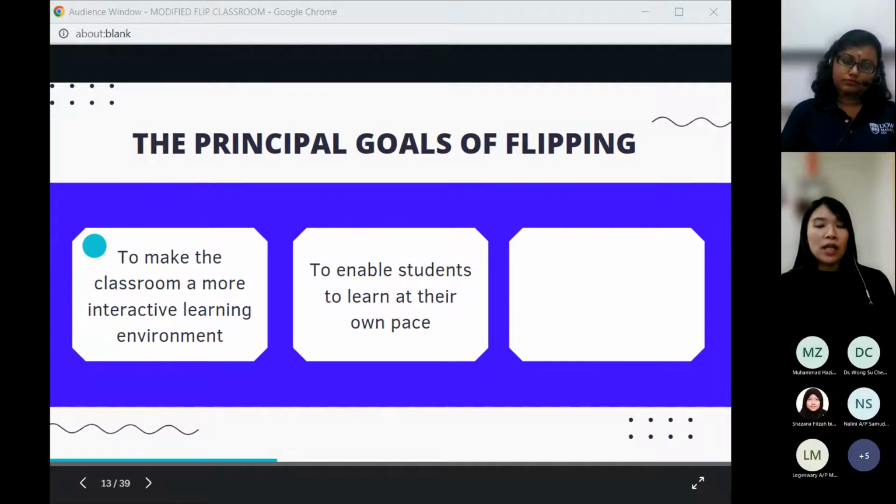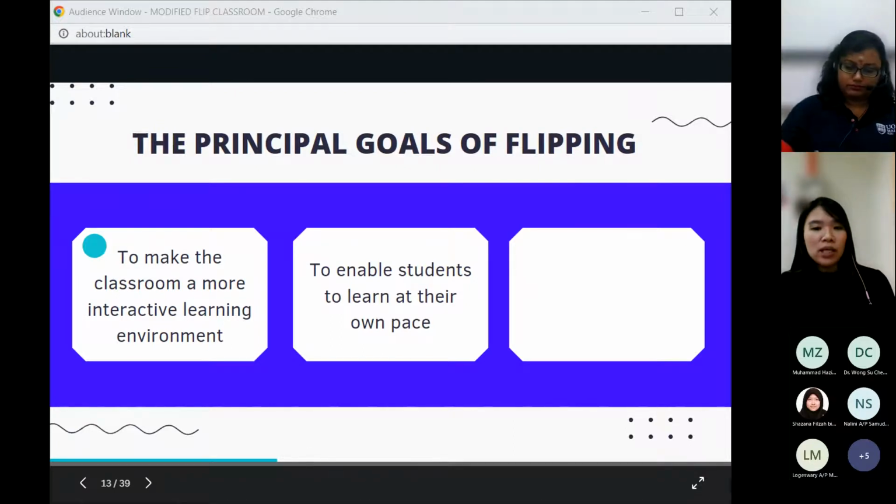So we allow the students to participate in their own learning. Maybe they need to listen and at the same time write down notes and so on, while some other students just listen and they can already remember and understand. And then during the class, you can make sure that they have already reviewed the lesson. So during class time, they can participate in the activities you provided and apply their knowledge.